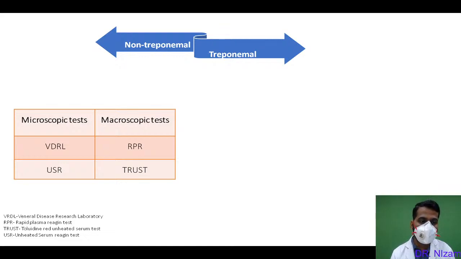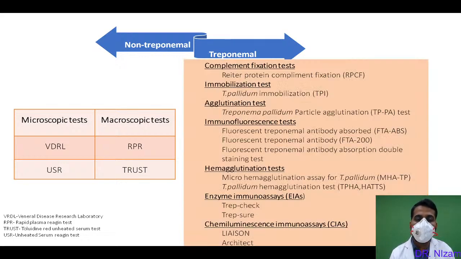RPR, which are microscopic and macroscopic respectively, then USR, that is the unheated serum reagent test, and then the toluidine red unheated serum test. Then in treponemal testing, we have the complement fixation test, that is the Reiter protein complement fixation test, then the immobilization test like the Treponema pallidum immobilization test, then the agglutination test like Treponema pallidum particle agglutination, and then